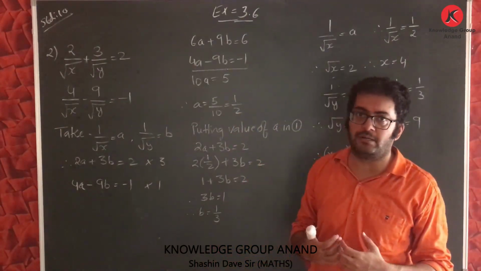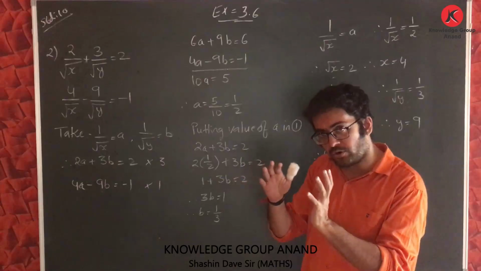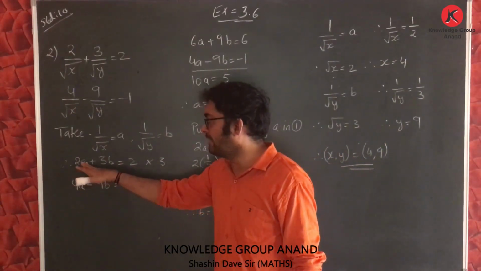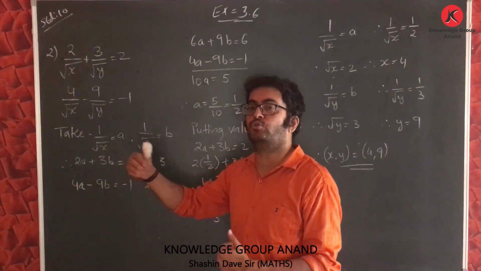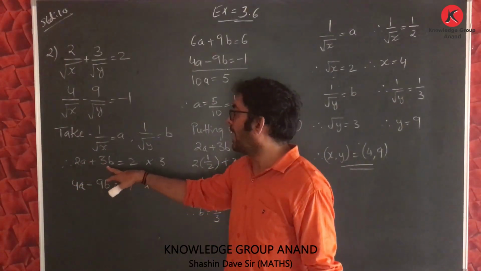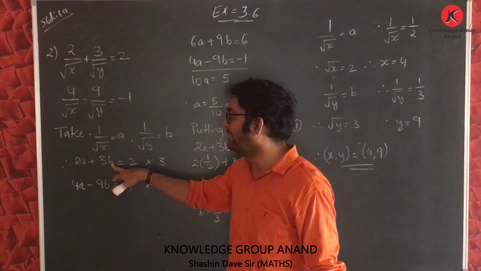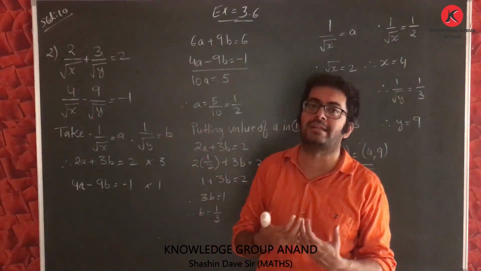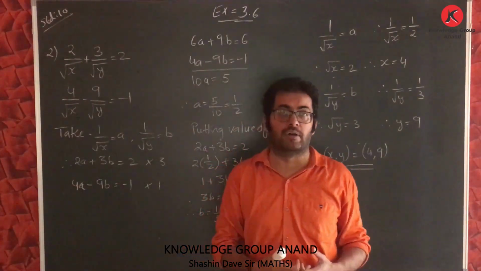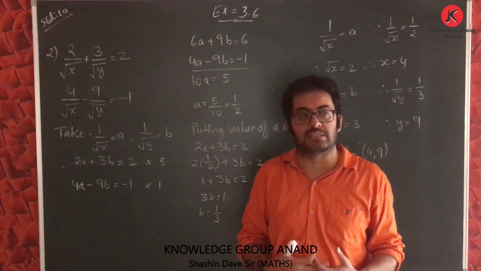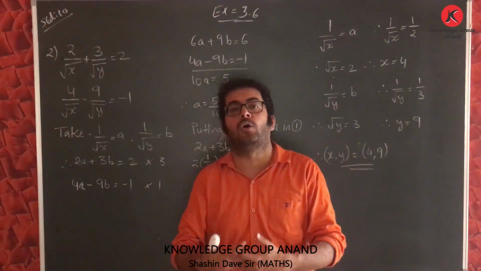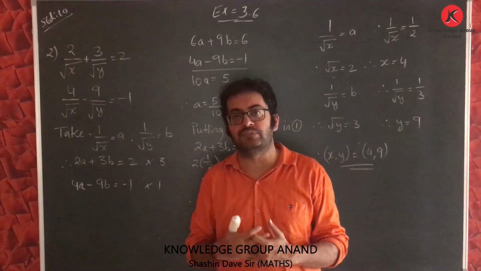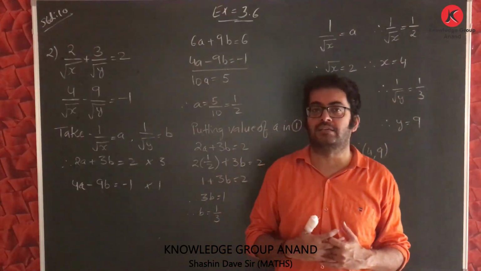Now either you can eliminate a part or b part. Suppose I want to eliminate a part, I will multiply this equation with 2. So on both sides I will have 4a, but in that case I have to change the sign. But if I multiply this equation with 3, I will get minus 9b. So plus 9b and minus 9b can be easily cut and there won't be any necessity to change the sign. However you proceed the sum, by eliminating a or by eliminating b, there won't be any difference in the answer. That means your final answer will be same.